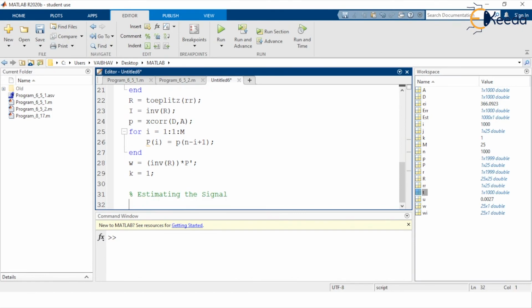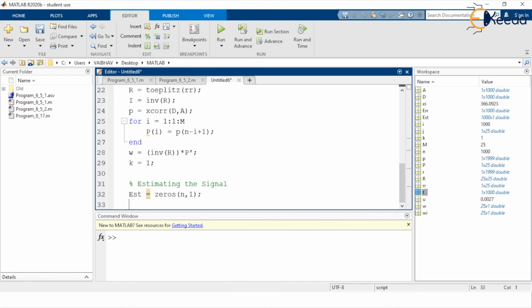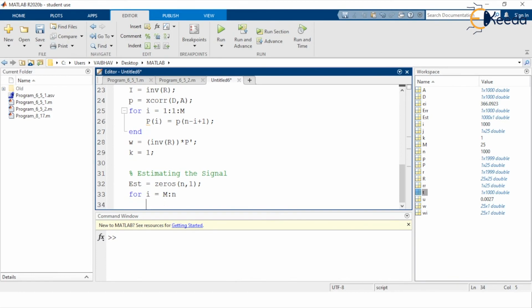Here the estimated signal is to be held by the variable capital E small st. So we initially set all the elements to hold zeros for the dimensions n comma 1, ending with a semicolon, using the for loop for I is equal to capital M extended to small n, where we define J is equal to the actual signal A in the bracket I with the step size of -1 up to I minus capital M plus 1, ending with a semicolon.